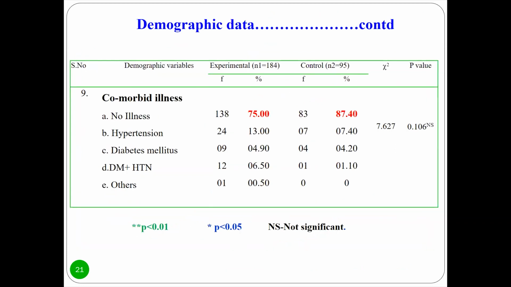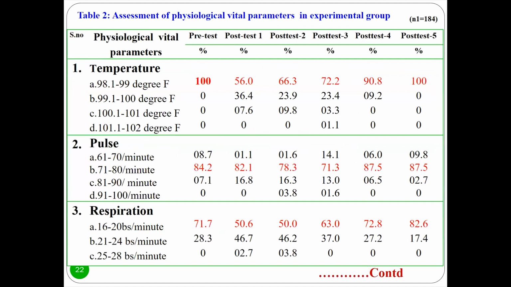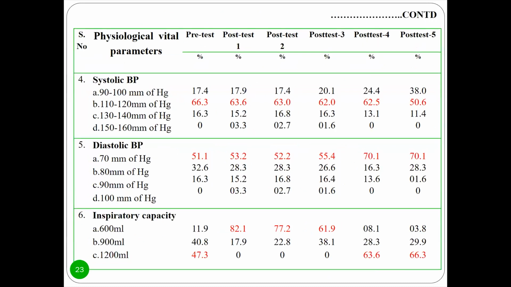Comorbid illness. Majority did not have comorbid illness in both the groups. Coming to the assessment of physiological vital parameters, which mainly consist of vital signs, which were found to be normal in terms of temperature, pulse, and the respiration in the experimental group, and also systolic blood pressure and diastolic blood pressure, and significantly the inspiratory capacity, which was normal in the preoperative period, about 47.3%